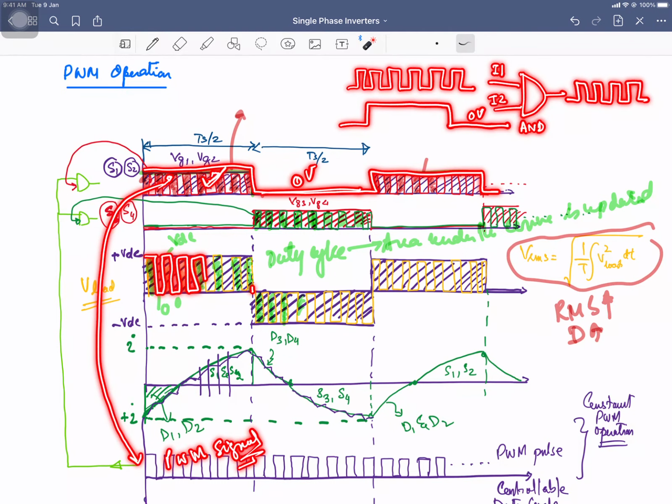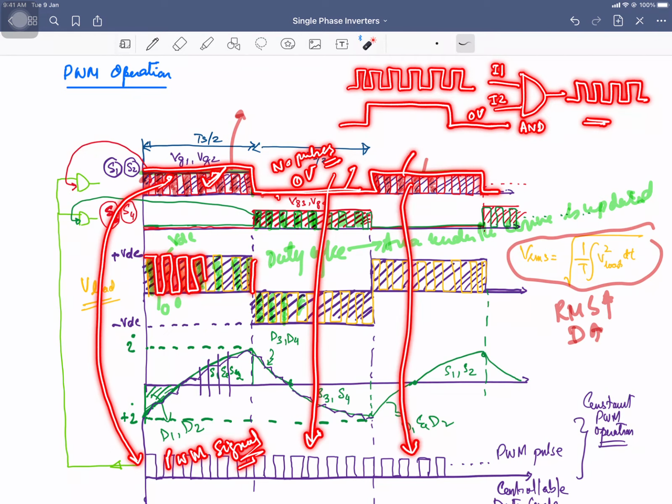So you can see over here that there are no pulses. Why? Because the gate voltage is 0. Even if you have the train of pulses, the output will not be there. No pulses over here. Why? Because your gate voltage is 0. 50% duty cycle is to be ensured. Again, once the gate voltage is high, you have the pulses over here, so the output will be in the